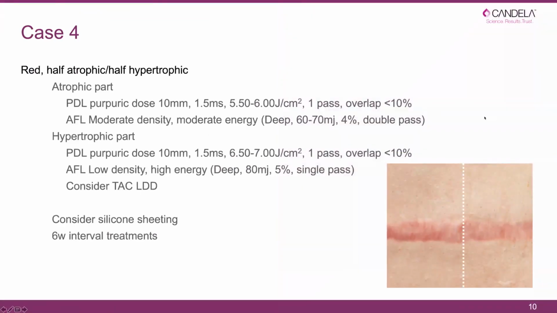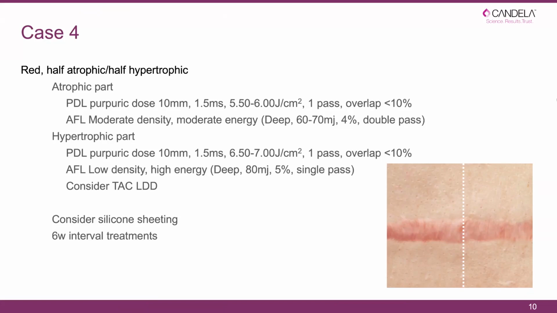First of all, we have to assess this scar properly. We have half a scar that is hypertrophic and the other half that is atrophic. And this will lead us to treat these two parts in different ways. So in the atrophic part, on the right side of the picture, we'll use a vascular laser with purpuric dosing, but with medium-high fluences, and afterwards a fractional laser with moderate density and moderate energy. We're talking about 60 to 70 millijoules,